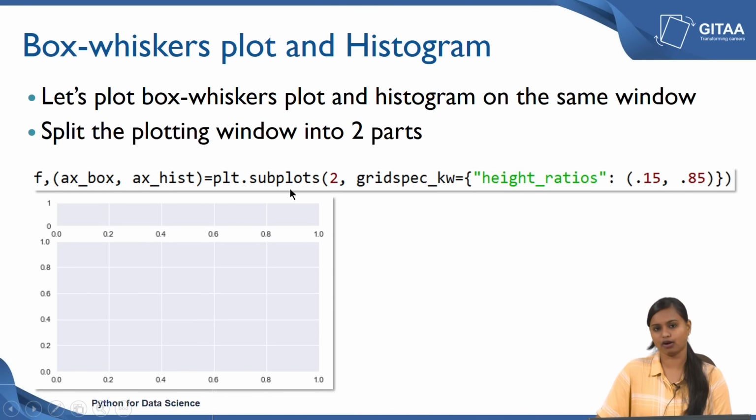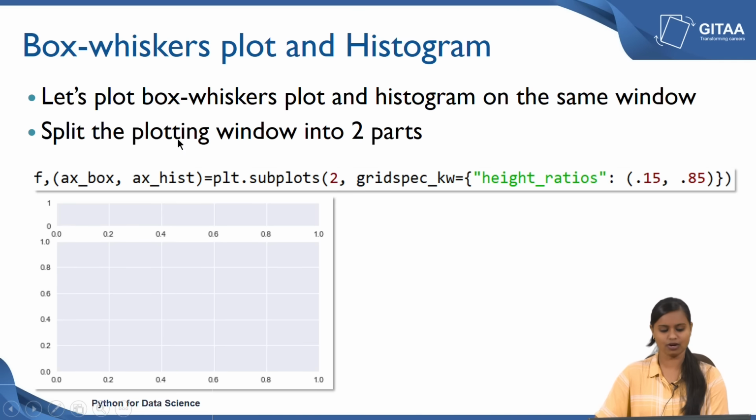subplots is the function that is used to create the subplots, and by giving 2 you mean that you need to have 2 rows. So, you want to split your window into 2 parts row-wise, and by giving the specification of grids using gridspec_kw, you can set the ratios of your height. I have given 0.15 and 0.85, so that there is a larger space for the second plot and less space for the first. I have split my window into 2, given the aspect ratio, and saved that output